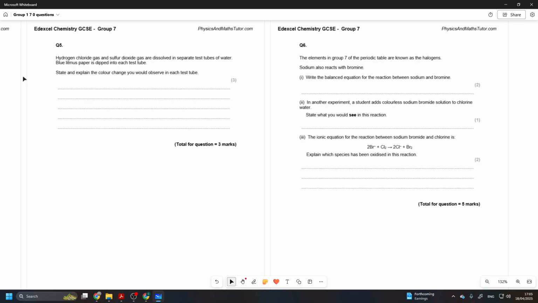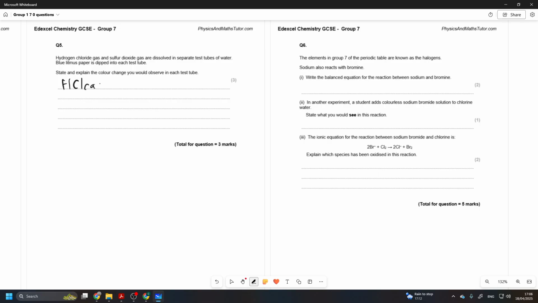say the answers, generally be awesome, as you are. Right, hydrogen chloride gas and sulfur dioxide gas are separated in test tubes of water. Blue litmus is dipped in each test tube, okay? State the colour change you would observe in each test tube, if these two things were added to there. Right, so